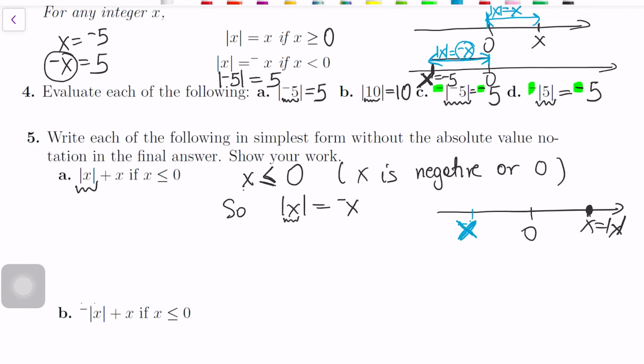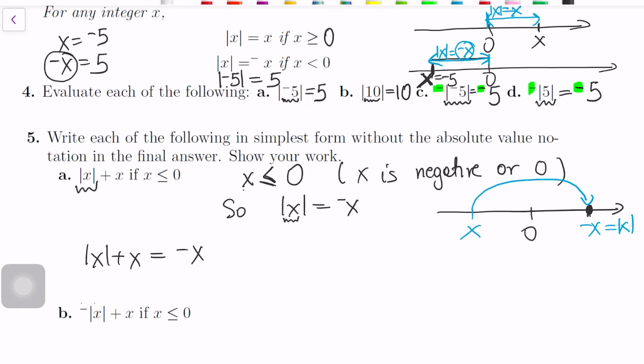if x is negative, I didn't write negative x. If x is negative, then minus x will be your absolute value. Okay, so that's the story here. Since x was negative, the absolute value cannot produce the negative number x. It will produce its opposite, minus x. And here, therefore,